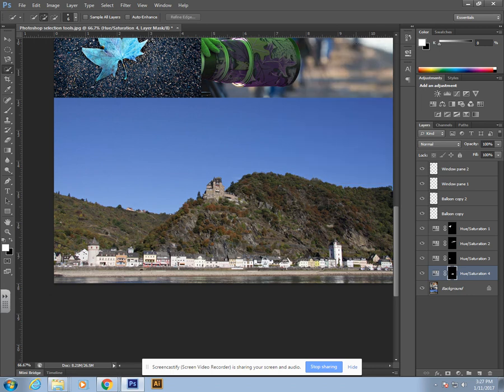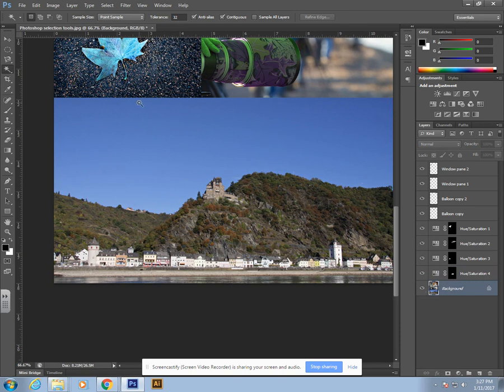Our final tool is one of the best selection tools, and this is probably a selection tool that you'll use the most. This is called the Magic Wand. So let me show you how the Magic Wand works. I want to make sure I'm on my background layer, and I want to select this background. Now when I try to select, you'll see it keeps resetting. So the trick of the Magic Wand is I want to click, and if I want to add to my